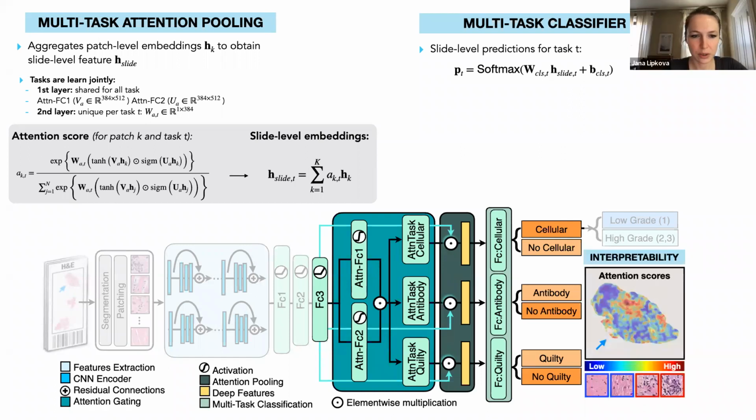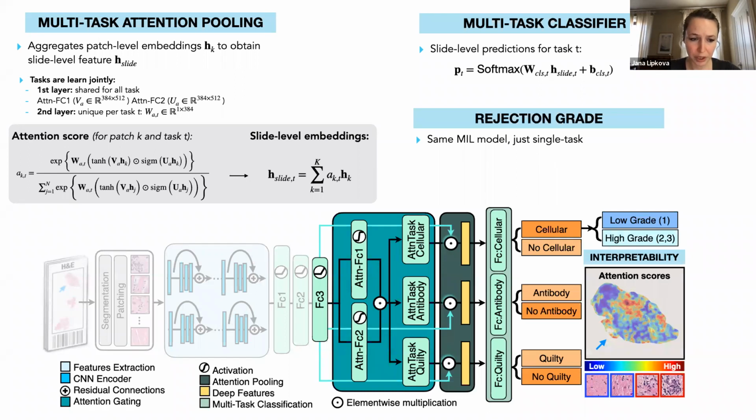Okay, so exactly, these are the attention heat maps. That was the motivation, that you can then visualize the attention heat maps to see which parts of the biopsy were predictive for the given task. Okay, and so this would be the rejection detection, and then to estimate the rejection grade, we train separate networks which for each rejection predict the grade. And the architecture is the same as for the, I'm sorry, as for the cardiac rejection, but it's just a single task instead of multitask.